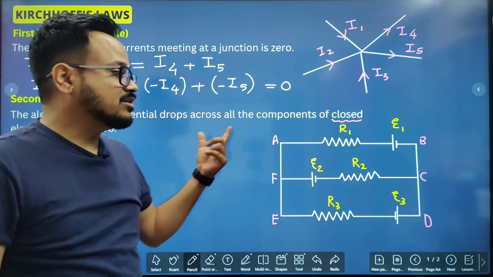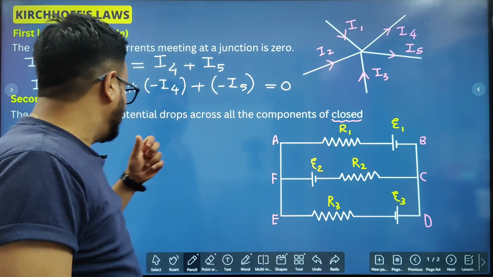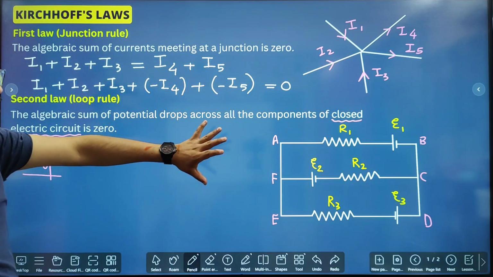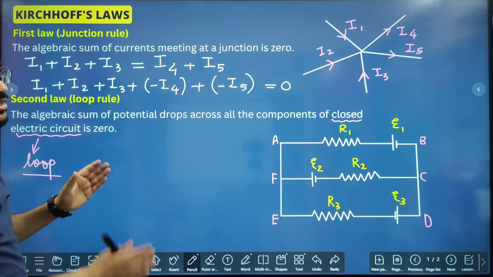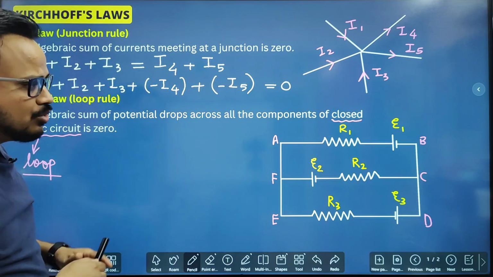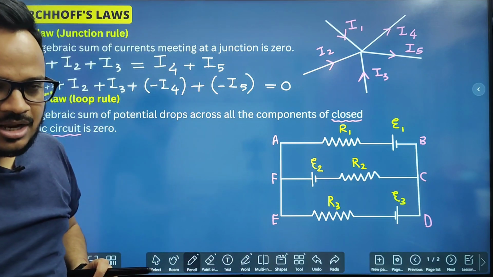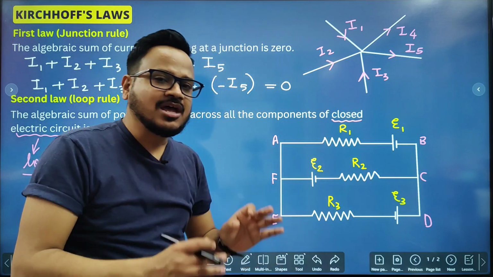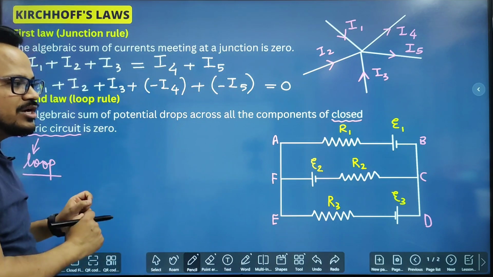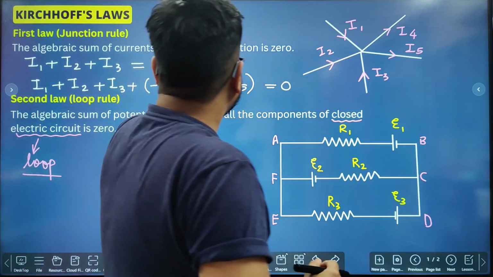Most of the time we are supposed to find the values of the current in the circuit. So using this example, we are going to understand the second law, and in this example we are going to make 2-3 important equations. If we are supposed to find the current or the voltage or the resistance, anything can be calculated using those equations. And using junction rule,